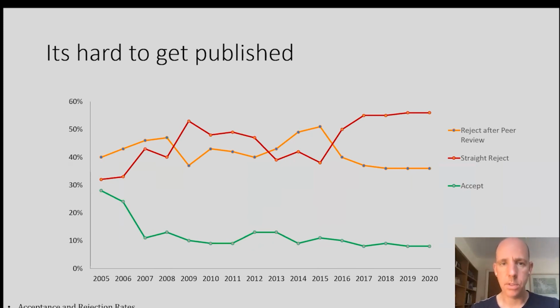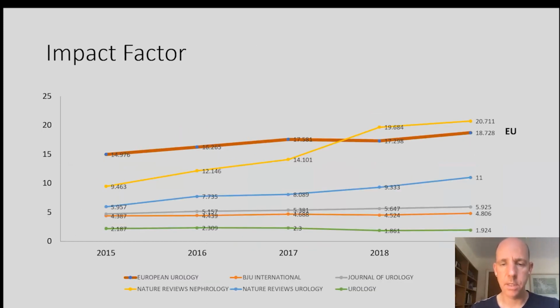But it's not all lost. If you do get through, do get published, you have a paper in a high impact journal that has a wide readership. We have nearly 2 million PDFs downloaded last year, and we have global authorship and readership that we consider ourselves one of the premier surgical journals in the field. So if you do get through, then it's been very worthwhile.